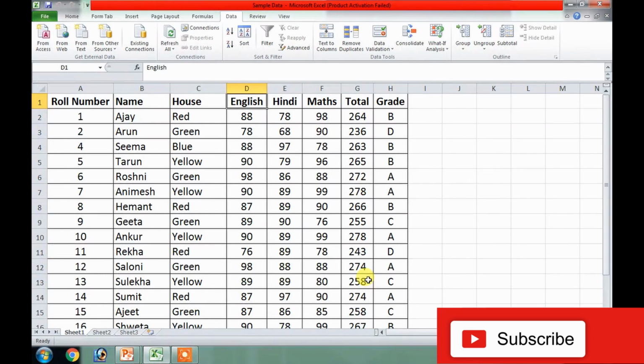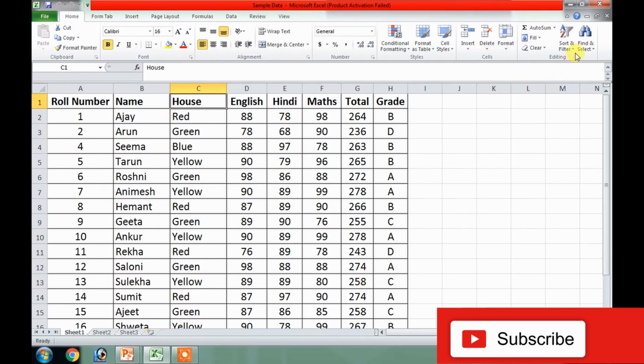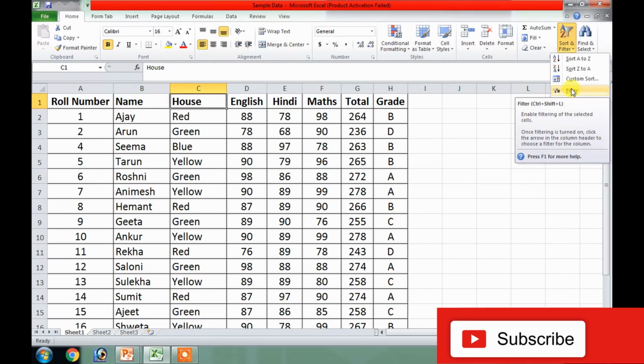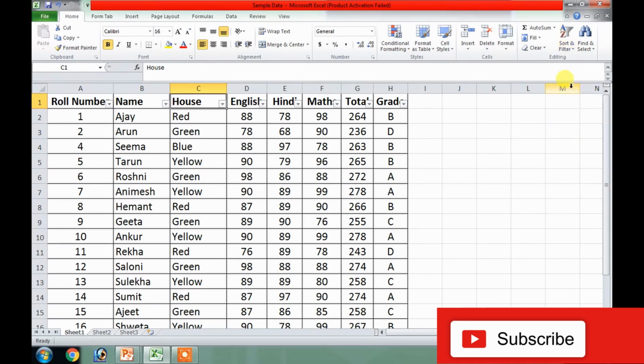As you can see, we have a table in front of us with the fields roll number, name, house, English, Hindi, maths, total and grades. If I want to use the filter, the first thing is, in the Home tab you can find the Sort and Filter option, where the Filter option is used.